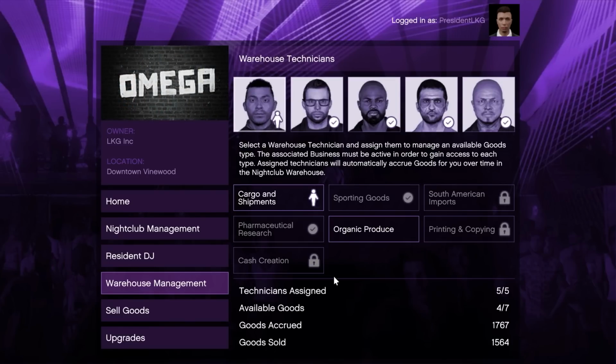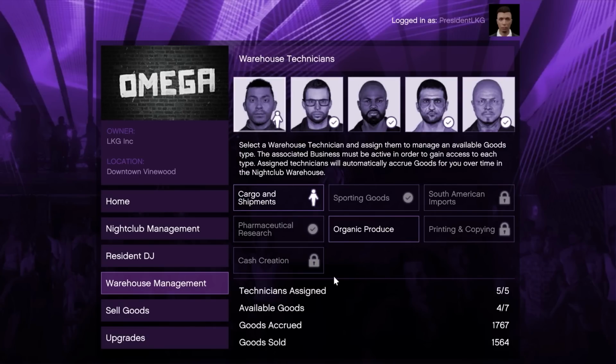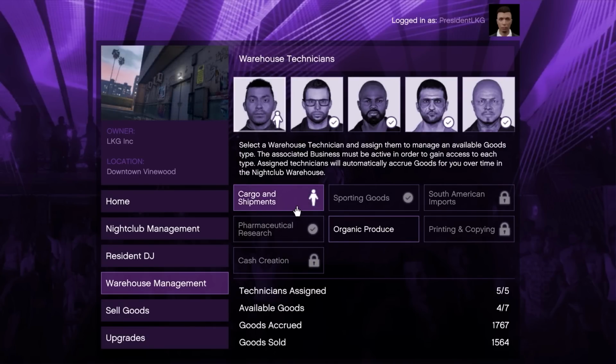There are 7 different goods you could assign the technicians to source, but there are 5 that are the best. The only thing is that in order to assign a technician to source a certain type of good, you first have to own and have set up a corresponding business in the game. But with that being said, the 5 best products and the businesses you need to own are cargo and shipments,